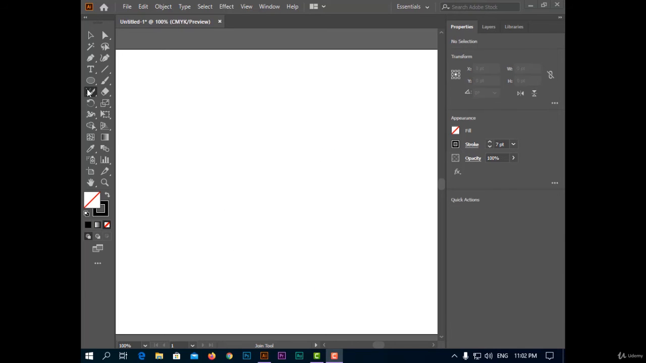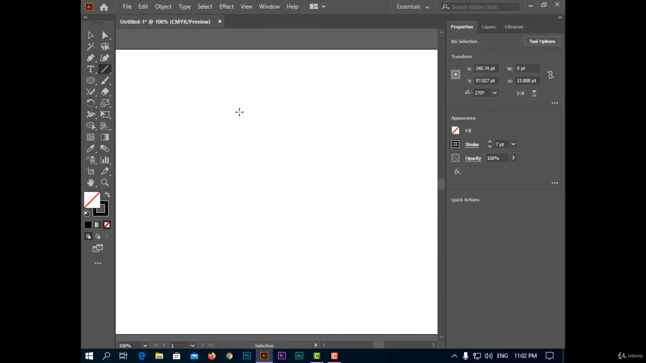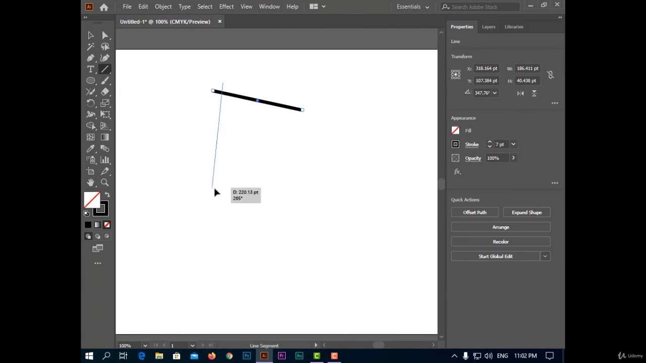The fourth tool today with us is the Join tool. This tool is used for connecting lines in Adobe Illustrator. Like this, if I have one here, and another one here, and again one here,